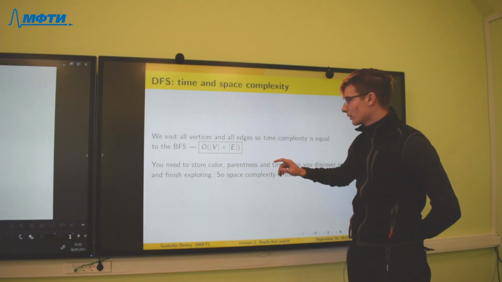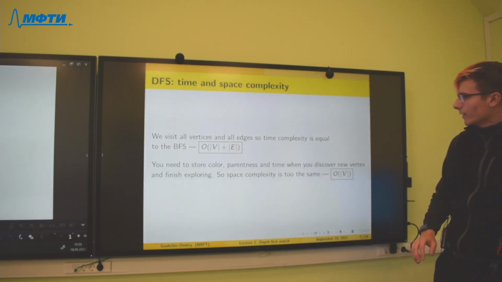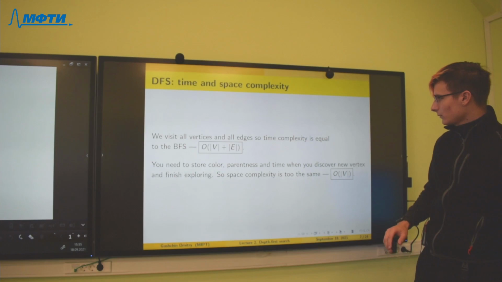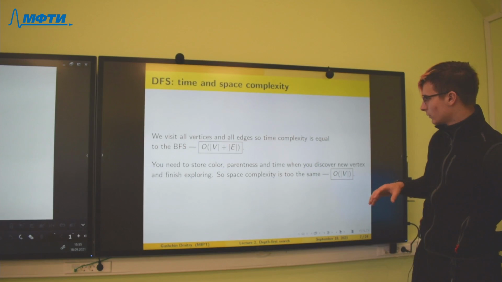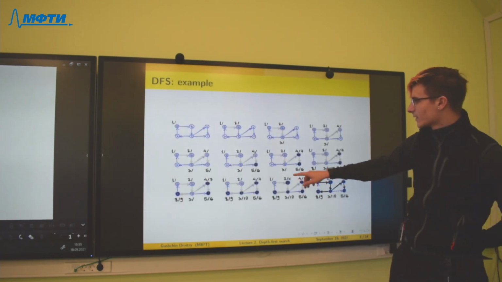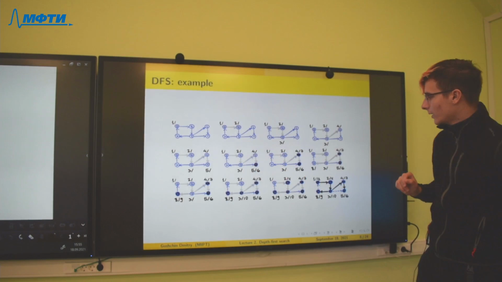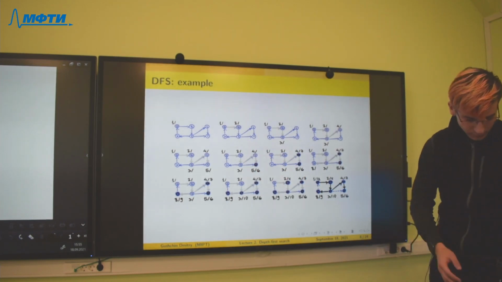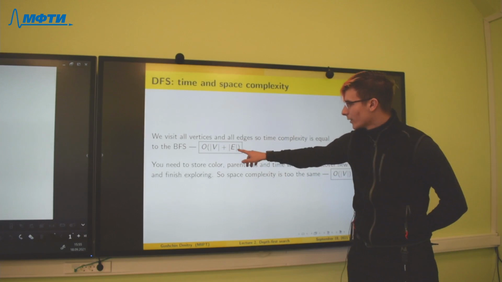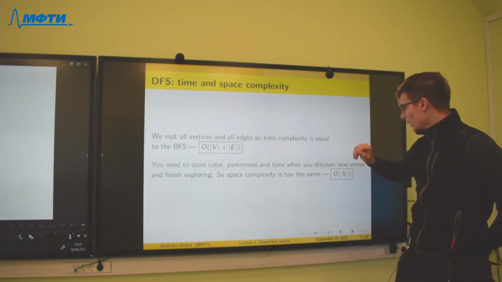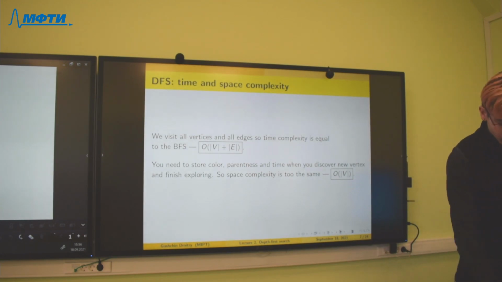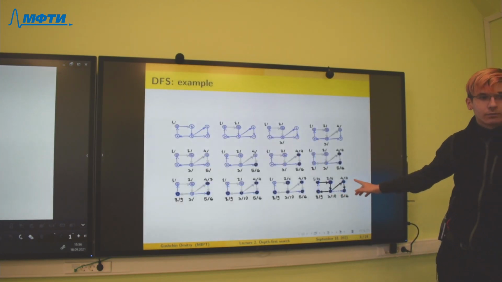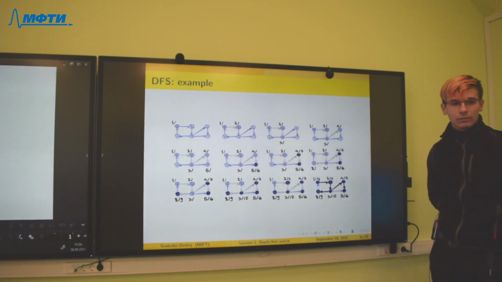So we have the V number here, and we need to visit all edges from the start point of each edge, so we have this number here too. About space complexity, we will store it as a vector, because we know how to check which nodes we already visited.